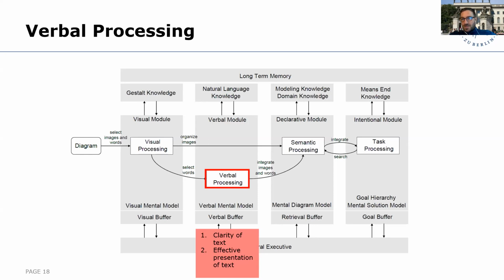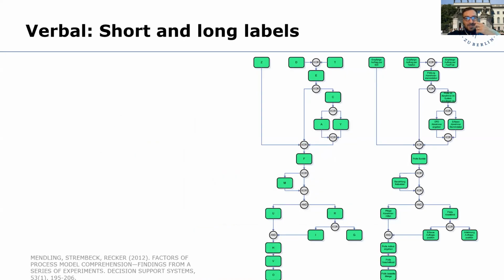So, what is, let's say, from a reader's perspective important is the clarity of the text and the effectiveness of the presentation of the text. These two pieces come actually together. Just to give you an idea that text matters. Also here an example from one of our experiments where we try to actually contrast, let's say,